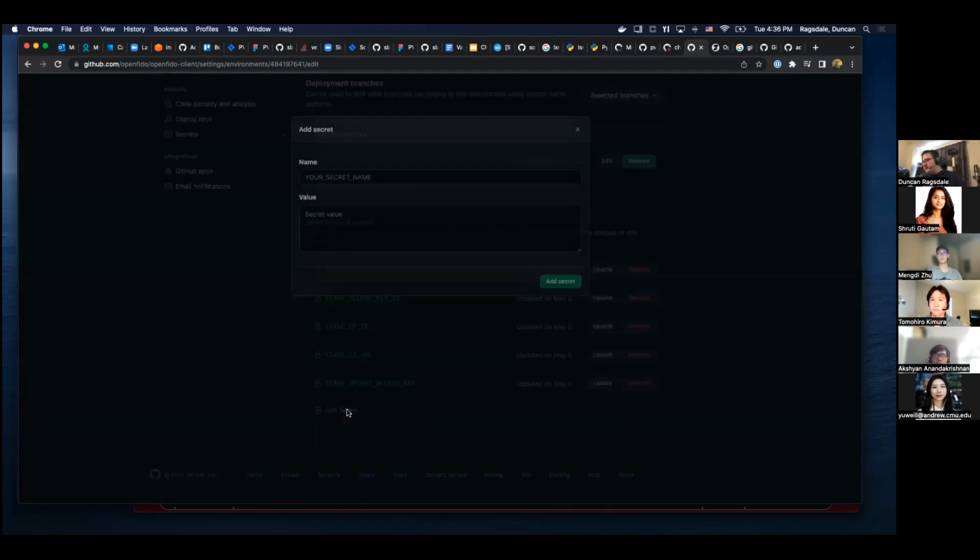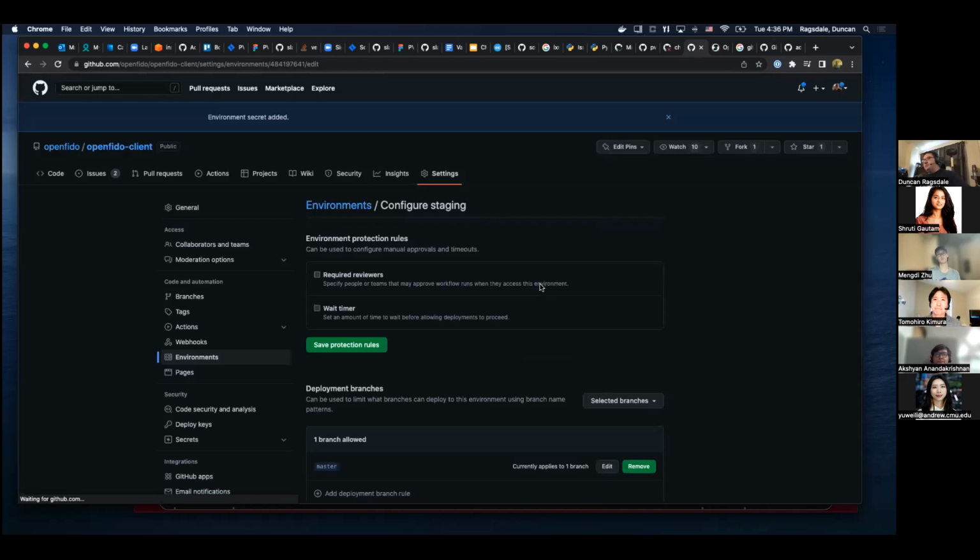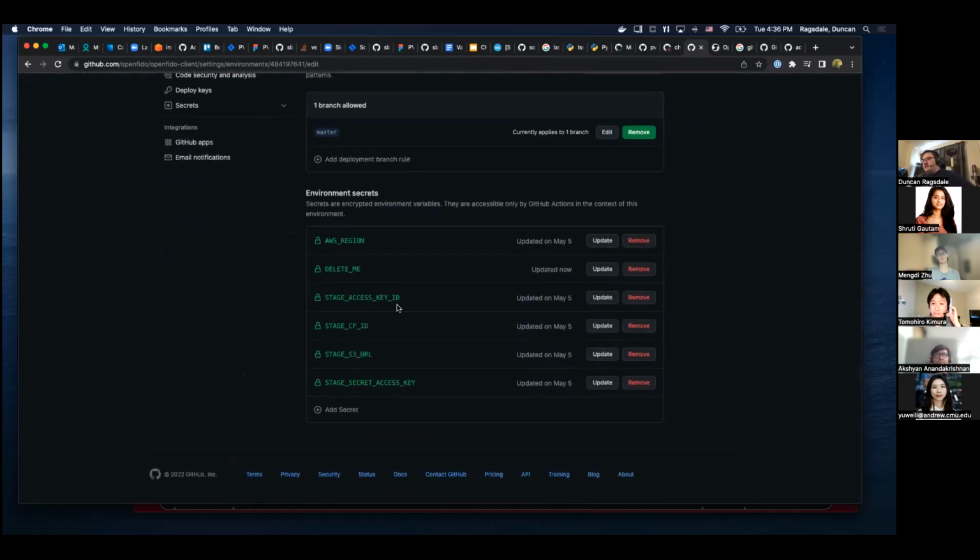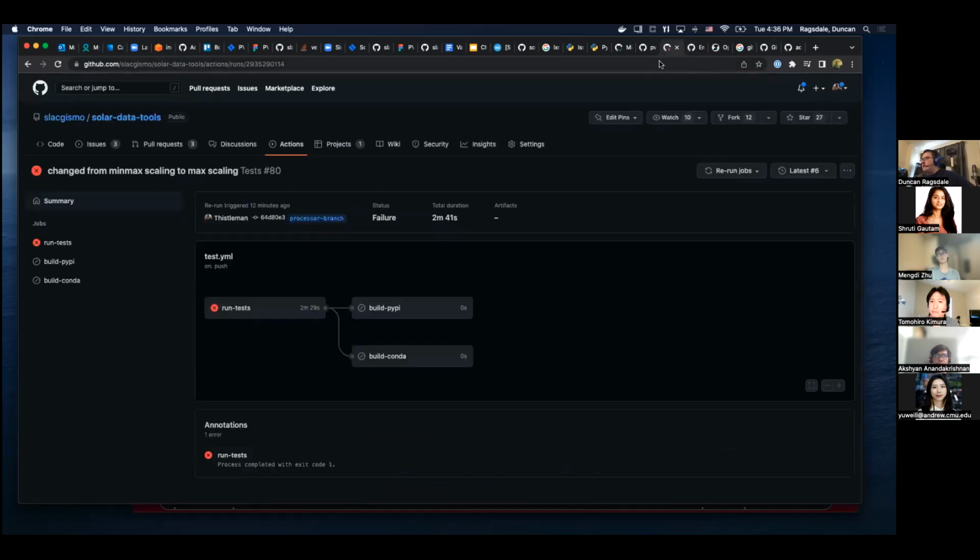Now, when you add the secret, it's simple. You can just toss in your secret name, delete me, and its value of 1, 2, 3, 4, 5, 6, but it's a secret. Don't tell anyone. So when I add that secret, I can now reference the delete me variable utilizing the